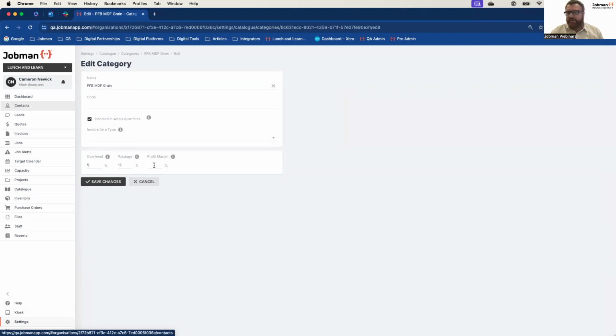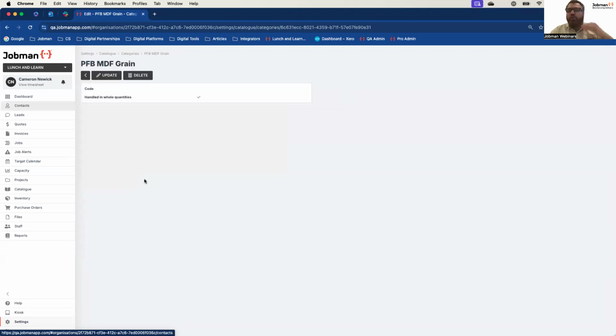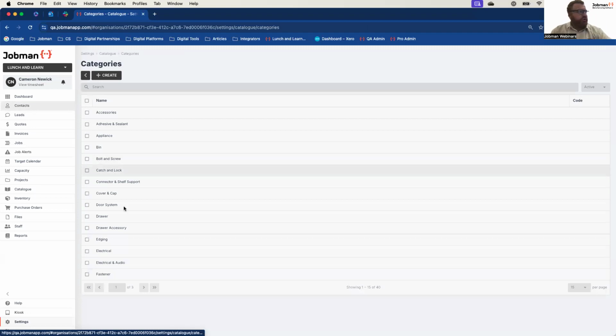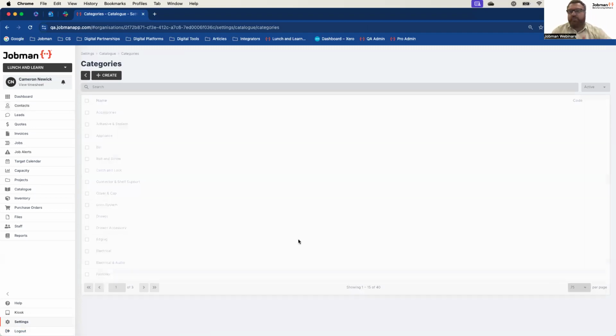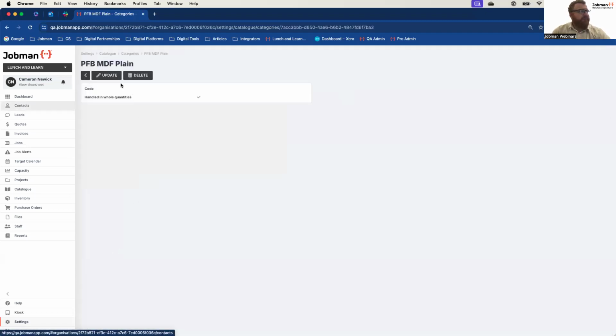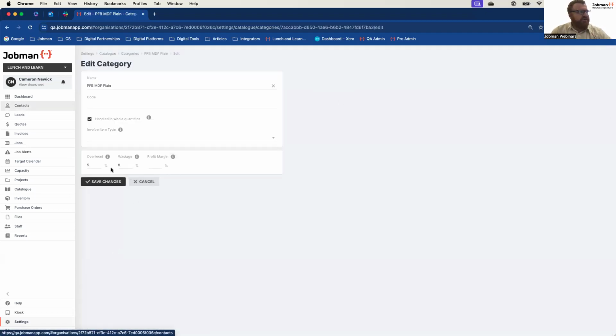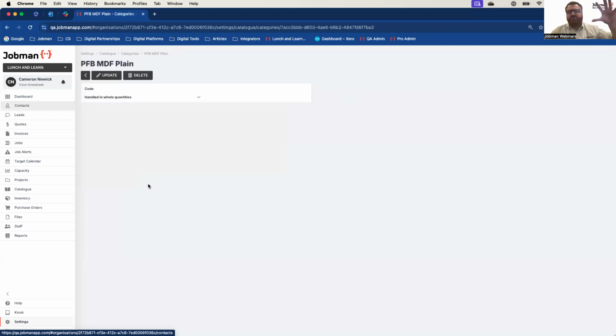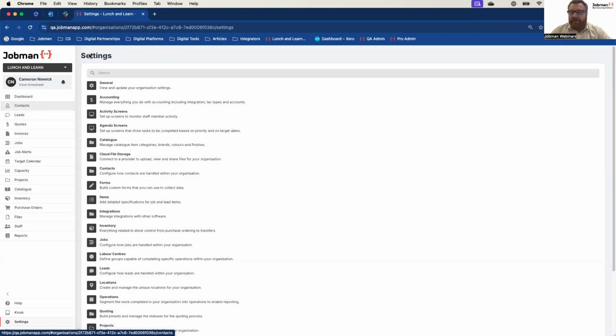What it'll do is take the default charge out profit margin, which is 20%, and then apply 5% overhead and 12% wastage only to items in my catalog that are of the category for this type. So you can also have a different setup for example, plane. You can have differing numbers for things like hardware. I might not have any wastage whatsoever, but this is how you can drill down even further and really get the best out of your software. So one overarching setting controls everything, and then you can go down that next step and absolutely modify those numbers.